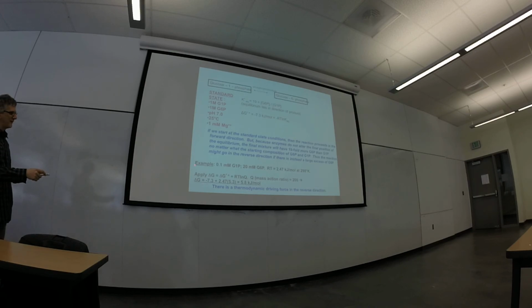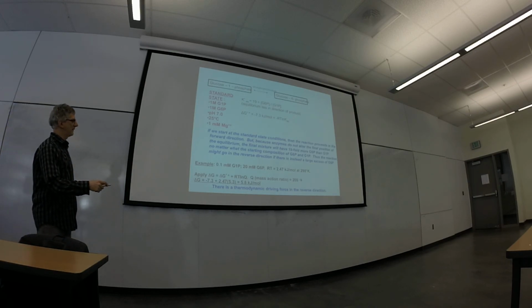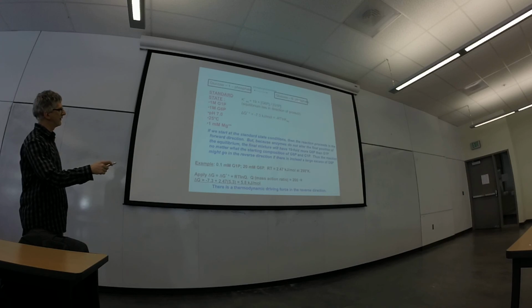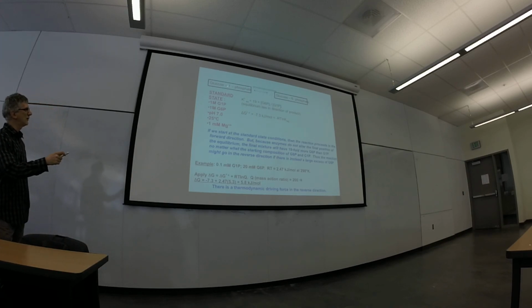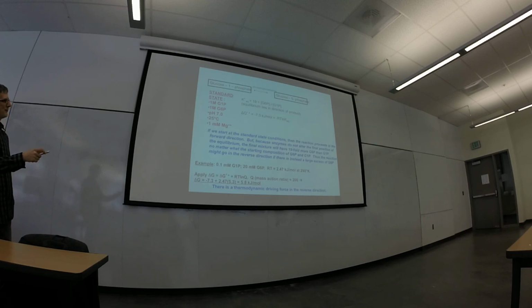But if we're in the cell and we have different concentrations, right? So we have, say, 20 millimolar of this and only 0.1 millimolar of that. Now we've got 200-fold more of this than this, but equilibrium is 19. So the driving force will move you backwards, and the delta